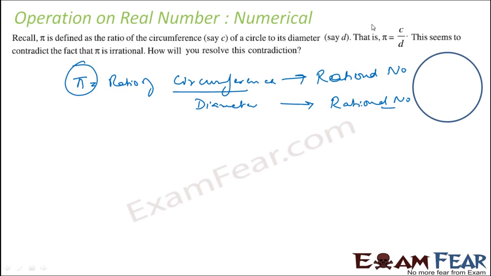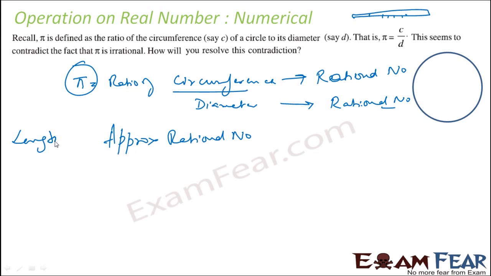See, the length measurement which we take from the ruler, the scales, this length measurement is an approximate rational number. Right? Because, see, root 2 is an irrational number, even that can be a length, right? We have seen that we can represent it on a number line. So if we can represent it on a number line, why can't we take it as a length? So these lengths are approximate representations of irrational numbers.